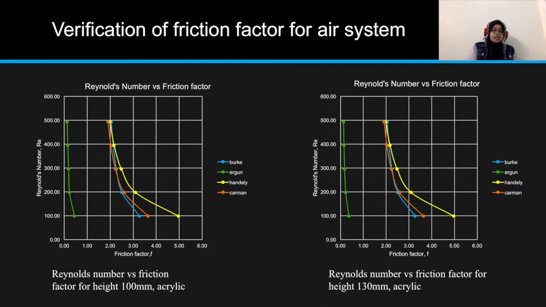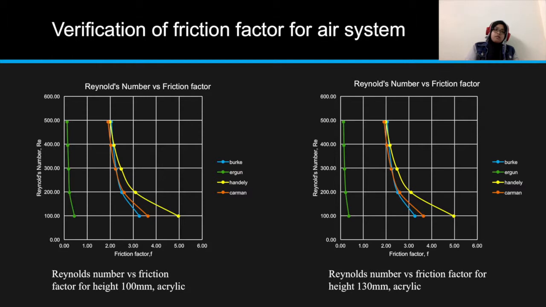Next is the ceramic particles with a larger diameter. We can observe that it results in a bigger pressure drop as the air enters the packed bed as compared to acrylic pellets. This is because the particles in the packed bed are of a large size, so it will create more resistance towards the flow, and therefore a large value of pressure drop is needed to achieve